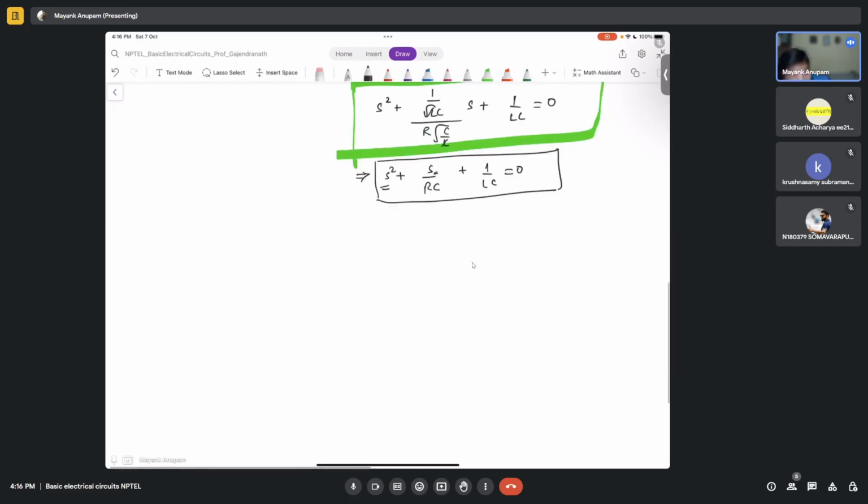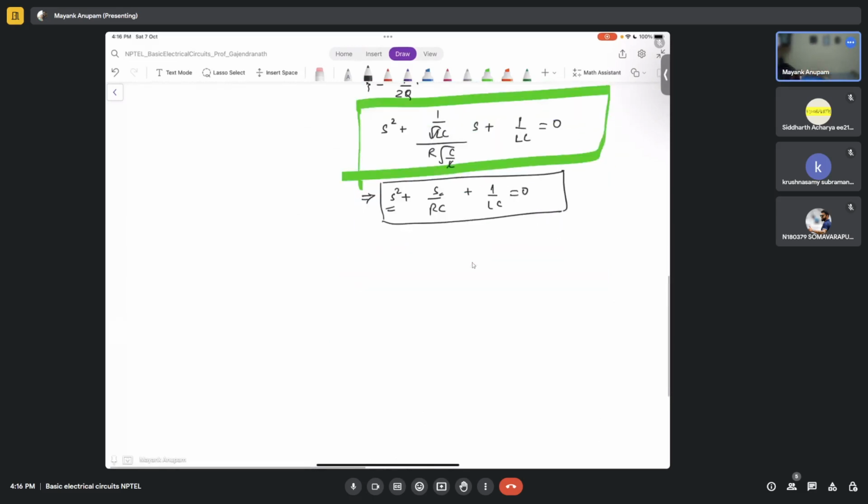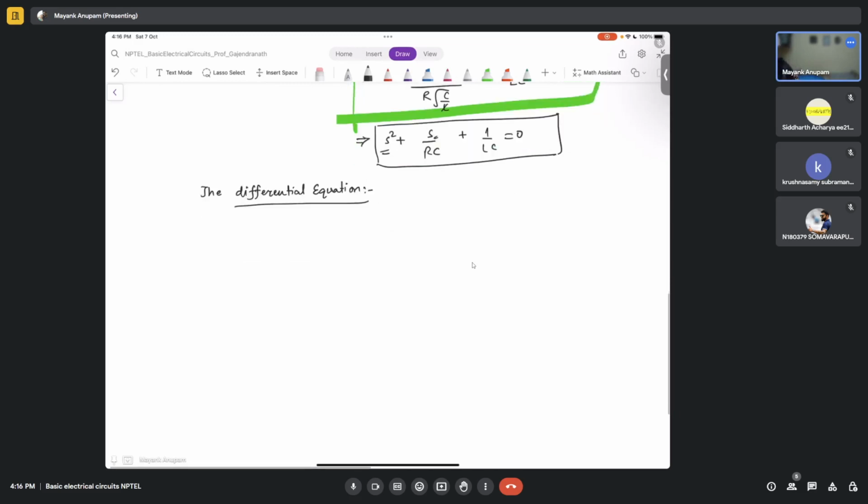So let's write it in terms of a differential equation. So what will be the differential equation here? It will be d2 vc upon dt square,